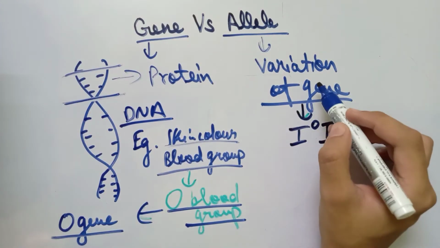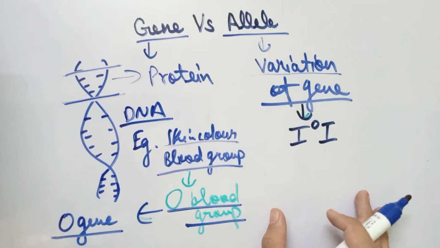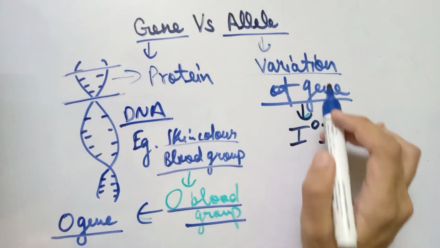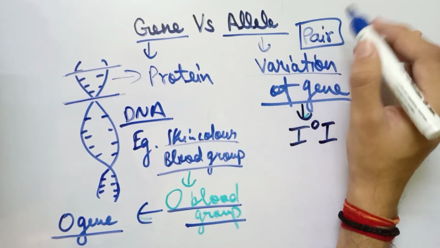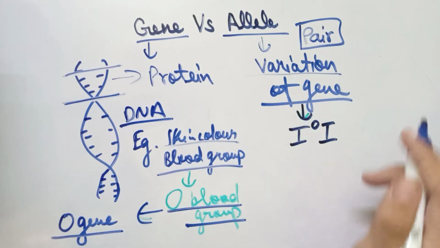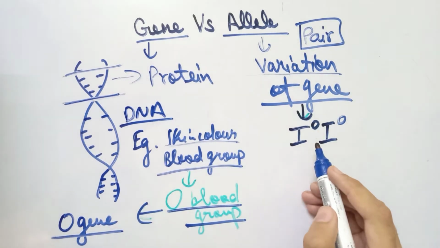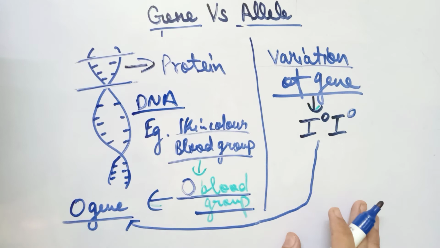But now when we talk about an allele, the allele is just the variation of a gene. So the allele in this case will be just the variation of this O gene, which will code for the same gene. So alleles are always in pairs. Please remember that alleles are always in pairs, and this allele just codes for the same gene of which the allele are from. So the O gene will have an allele IOIO. This pair of alleles will represent this same gene, which is responsible for the O blood group. And we must know that a gene can have many pairs of alleles.